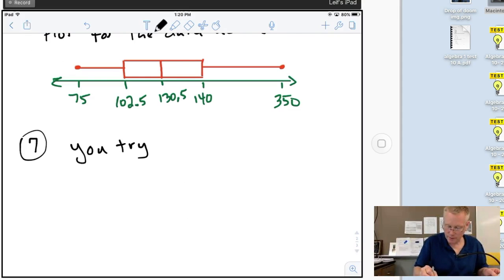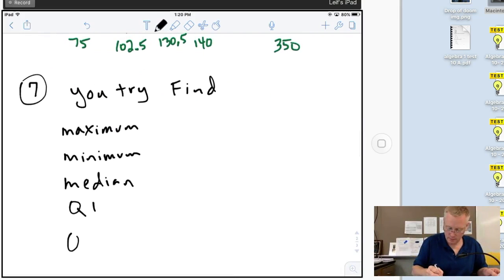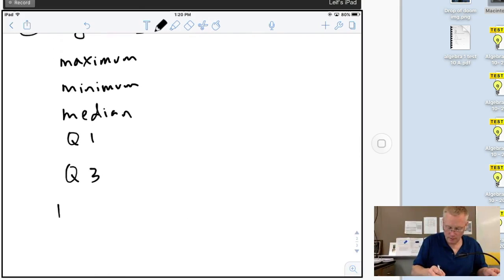I want you to find the maximum, the minimum, the median, Q1, and Q3, then make a box and whisker